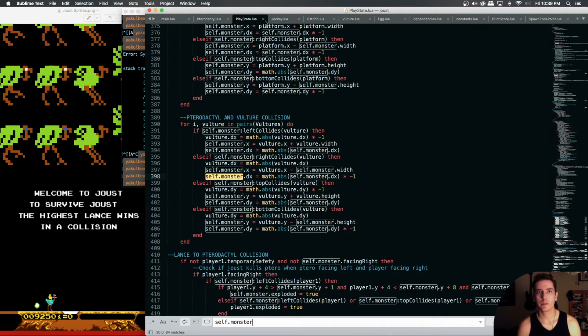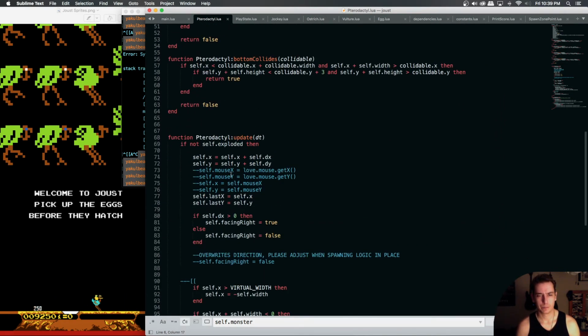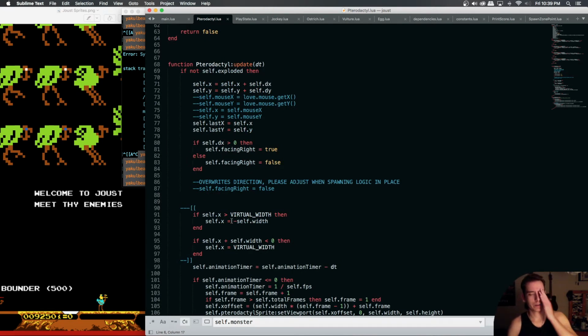So let's look in our pterodactyl class and look in our update function. Look at this. See, we need an inert because the same thing's happening. We may not be rendering the monster, but the monster's up there, just invisible. And it's invisible because we're not rendering it,